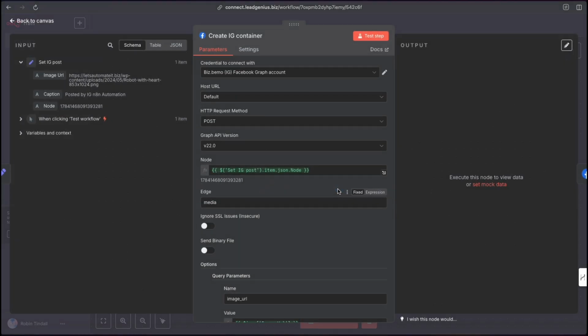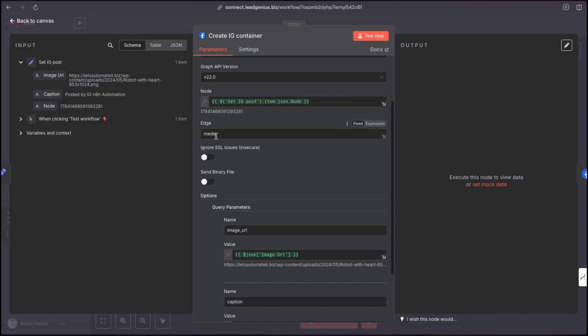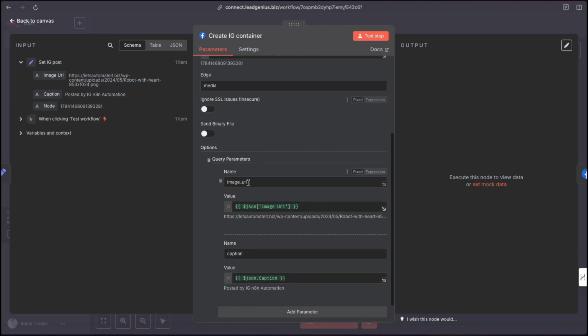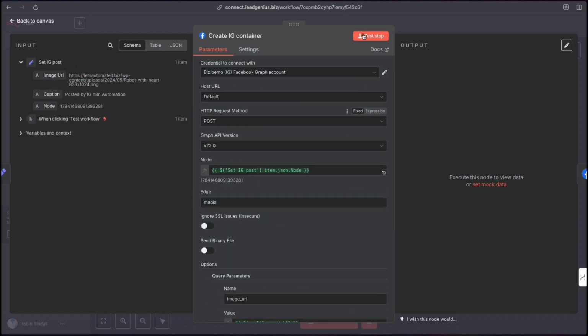So I'm going to open this up. Absolutely pause this video, go and grab these settings if you need it. But as I say, the workflow is available for you if you come and join us in the community. Connect with the credentials, default host URL posting. We're going to the latest version of the API. I'm pulling in the node. There it is. I'm pulling that in right there. Your edge is going to be media. Your query parameter is very important. It must be image underscore URL. And then I've pulled in that image URL. I've done the same with the caption. I've pulled that in. If we hit test step now,